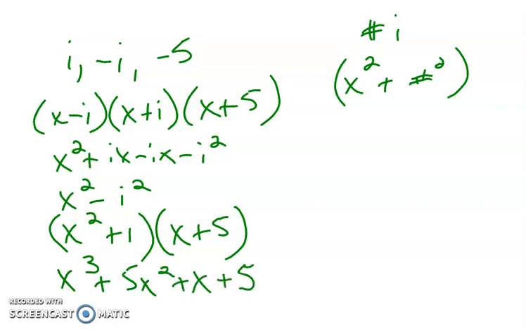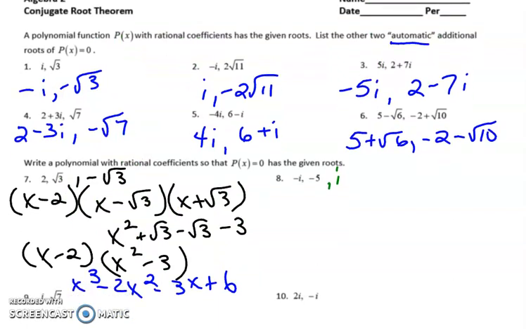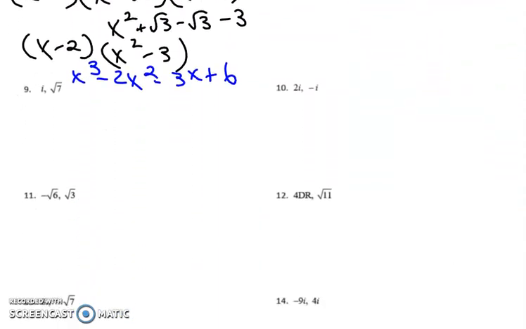And that is your polynomial there. But if we look at number 10, go back and let's look at number 10, where we have 2i and negative i. So we know we're going to have negative 2i and a positive i. Right here, we have the 2. So my factor,